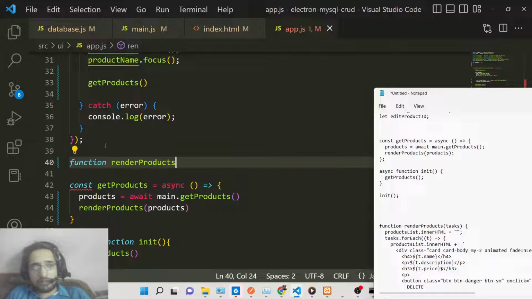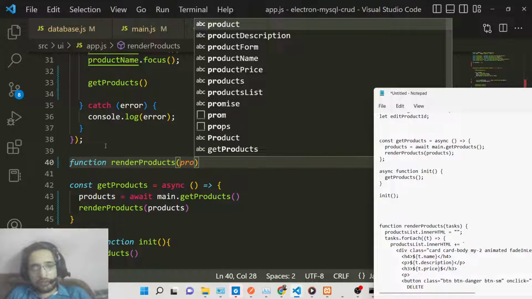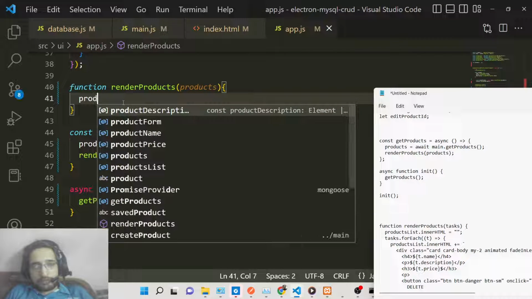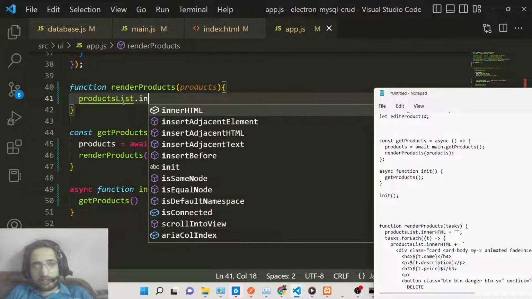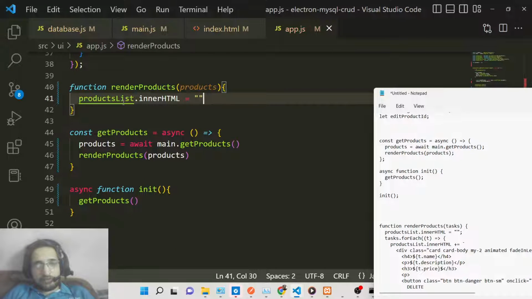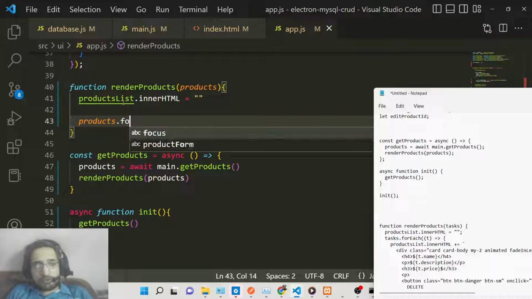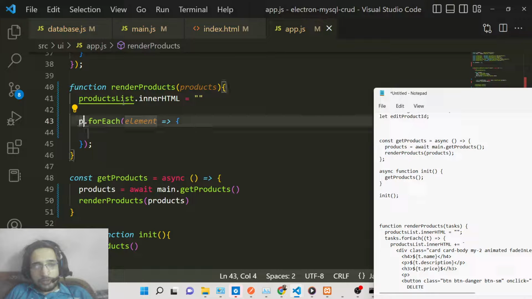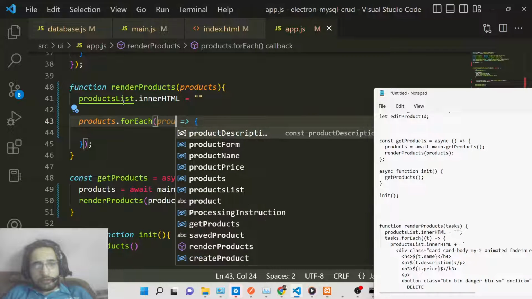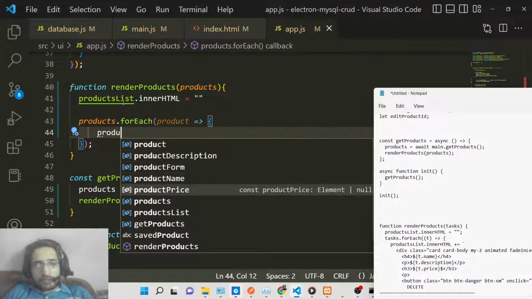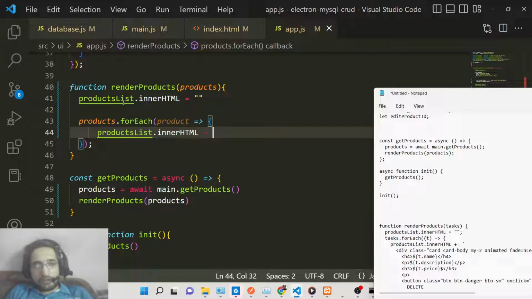This will be function renderProducts. It will take the actual products and display them in the browser. So first of all, we will say productList.innerHTML is empty by default. Then for each product in products, we will use the forEach loop. You can simply say products.forEach, and for each product we will be looping through. And inside this, we will simply say productList.innerHTML, and this will be equal to